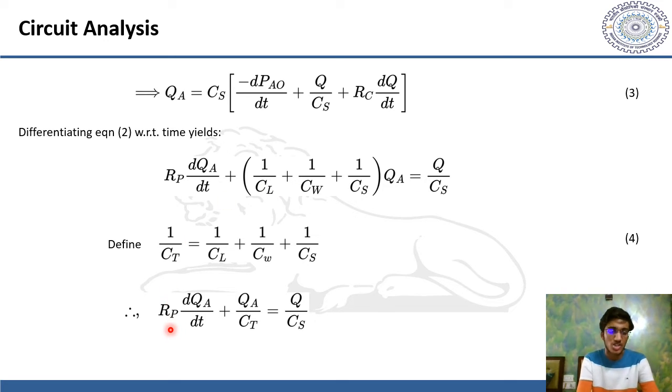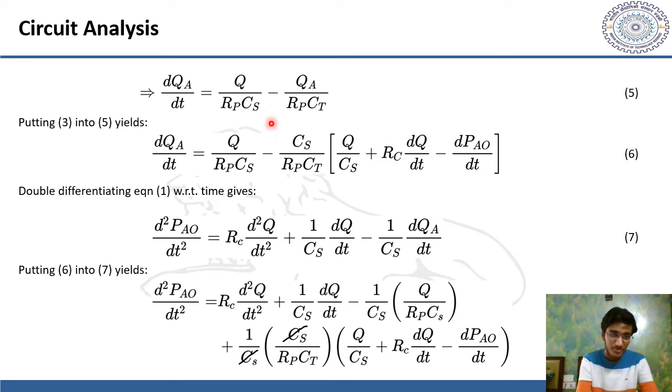the following expression: Rp times d by dt of QA plus QA by CT is equal to Q by CS. Putting equation 3 into equation 5 would yield d by dt of QA equals Q by RPCS minus CS over RPCT times Q by CS plus RC times the d by dt of Q minus the d by dt